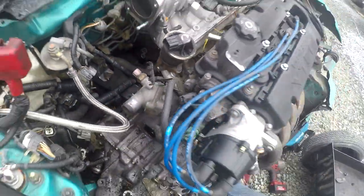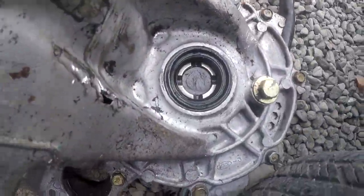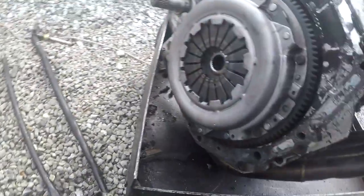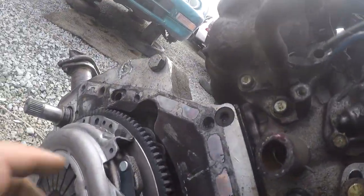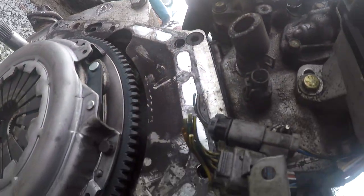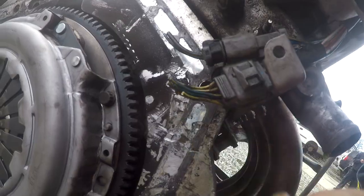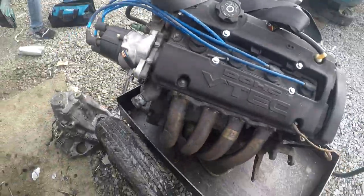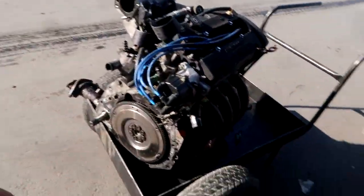H23 VTEC, why not? Poor transmission, look at that. Brand new clutch though, that's cool. But if you guys can see, stripped. I can time cert it. Stripped. Probably gonna charge me for the clutch too, but now we gotta find a way to get this inside the car. No idea how we're gonna get this in the car, but